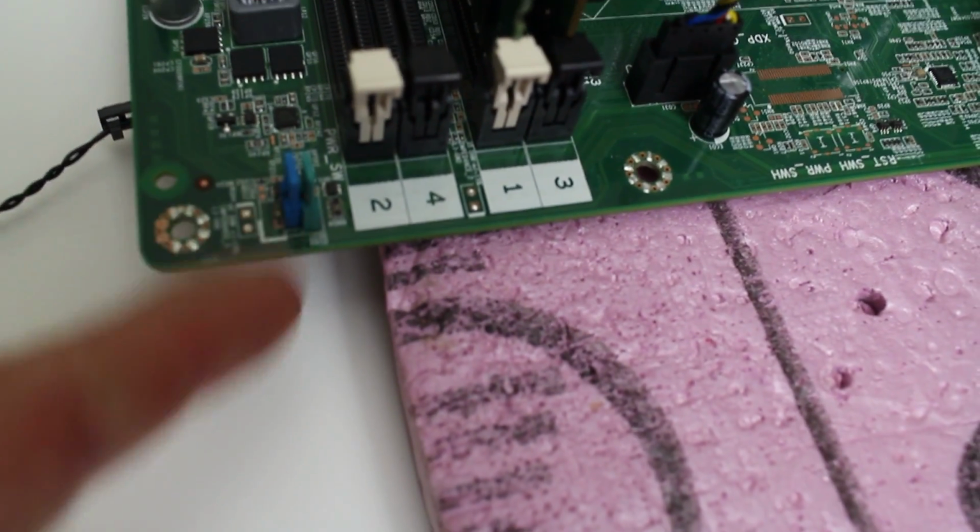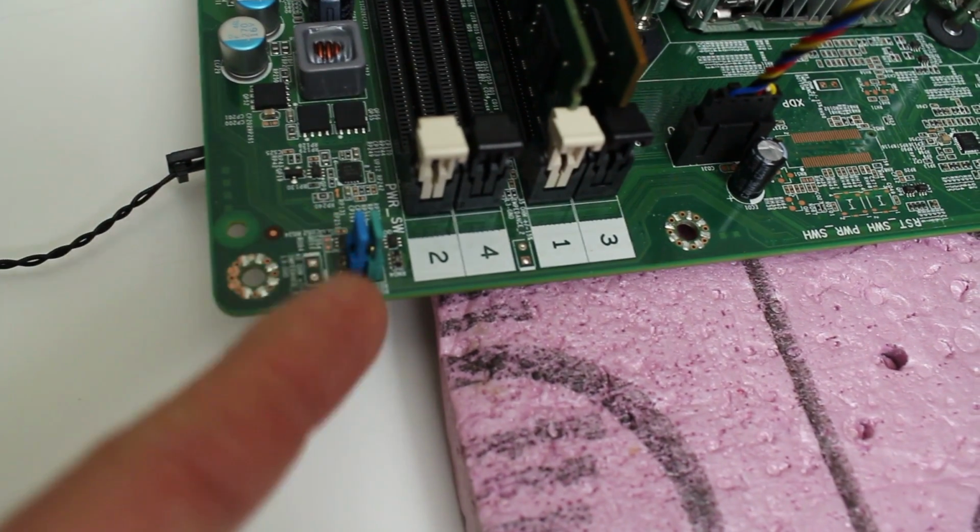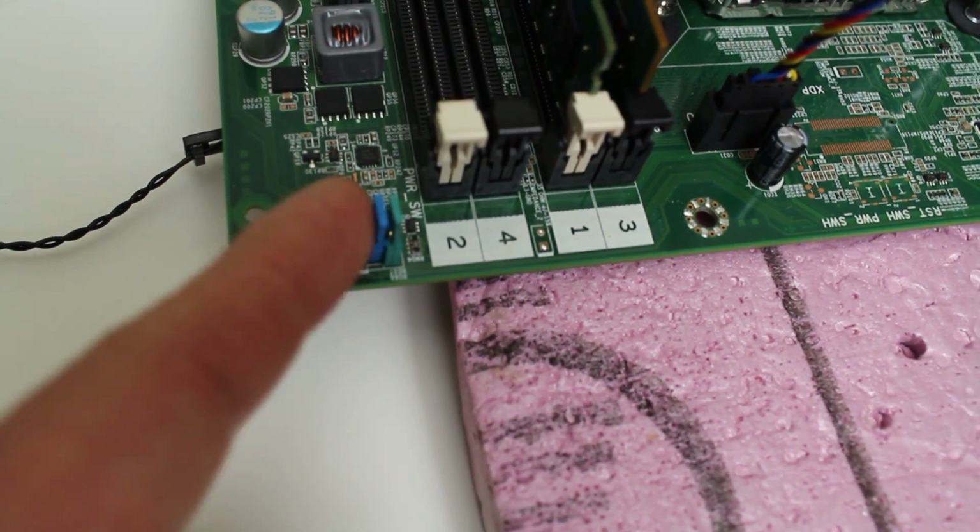Yeah, right there. You see the two jumpers. Doesn't matter what color, that's all I had laying around. You're going to need two jumpers going vertical, and that leaves you this one open area here, and that's where you're going to plug in the power